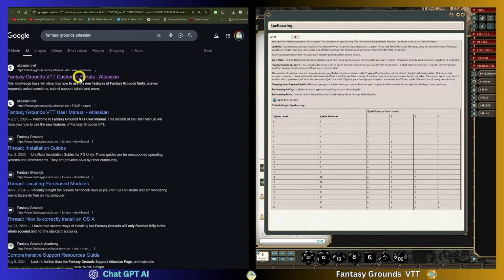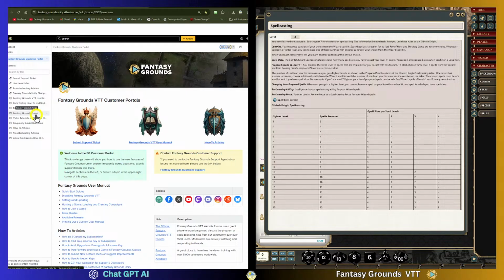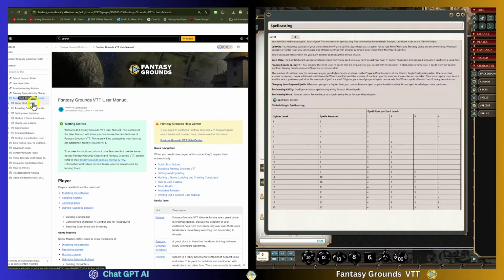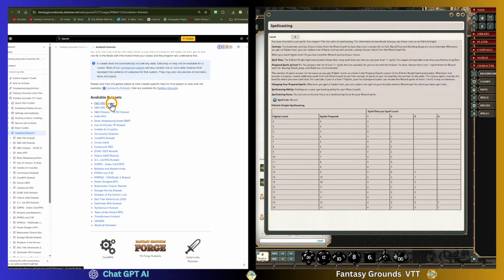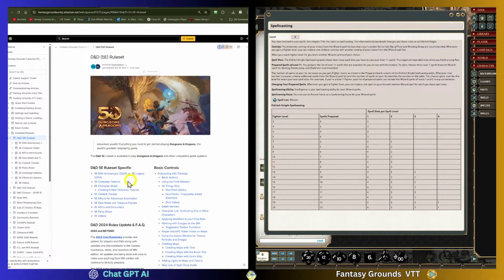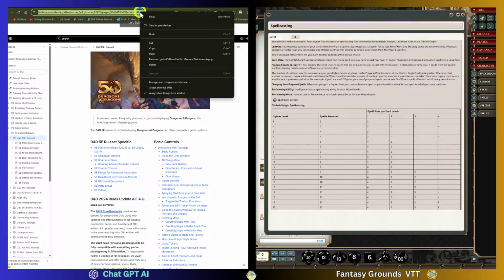So if you go into the Fantasy Grounds Atlassian, you go to the user manual, and then you scroll or kind of look down for available rule sets, and then pick the rule set. So in this case, this is going to be the 5e rule set, and I just usually provide that as